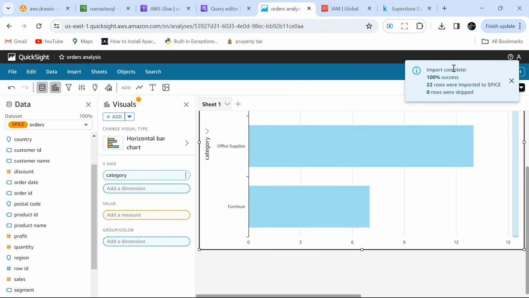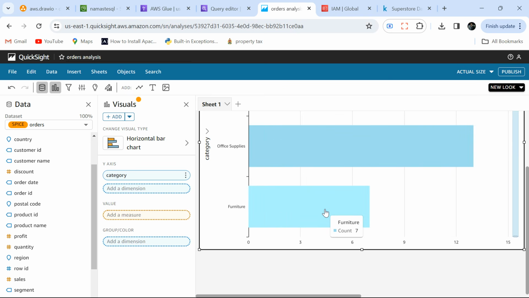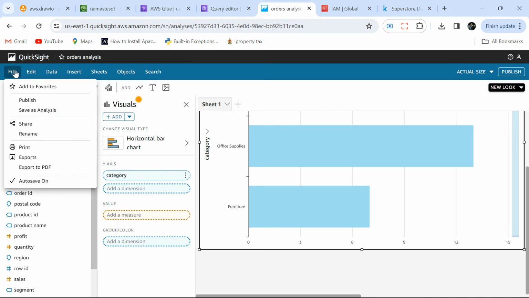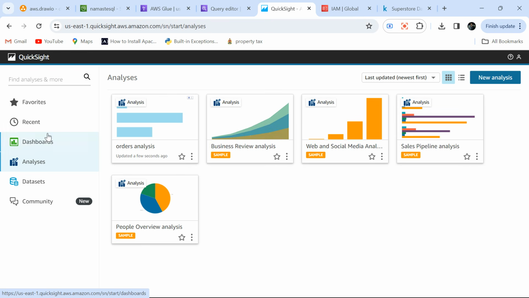So it says import completion and I'm going to create this sales. Now one thing you might face: it is auto save, there is no save option. Once you make any changes, auto save is on, right? Another thing you might face is that you might not be able to query this. So what you have to do, you have to go to the settings,